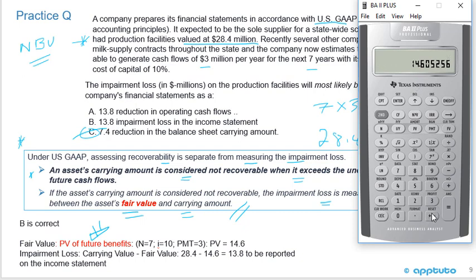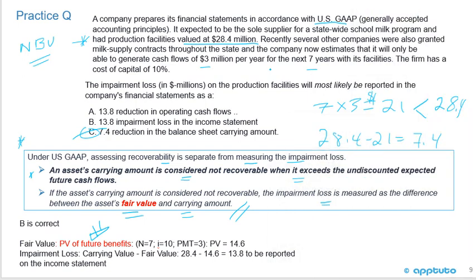So if I compare that to my 28.4, which is my carrying value, we have a difference of 13.79, okay? So the impairment calculation is 13.79,